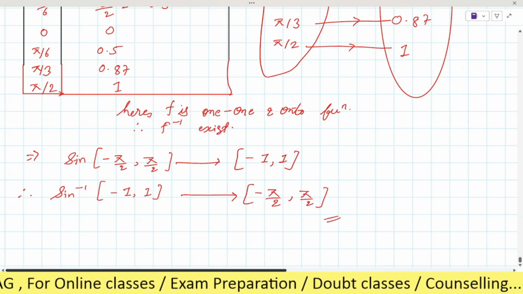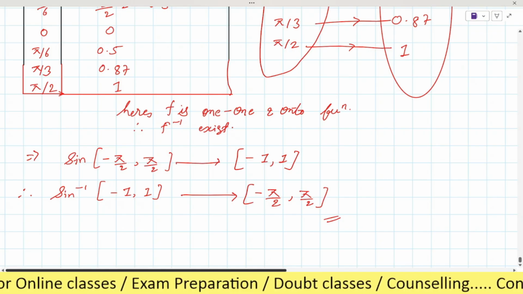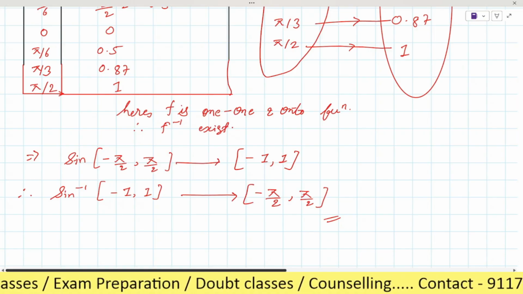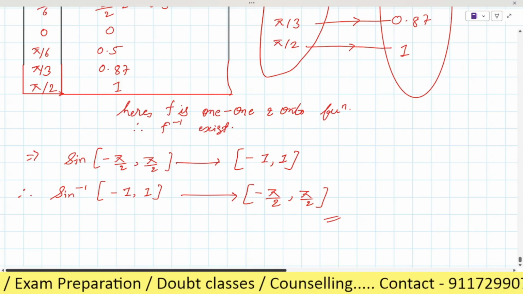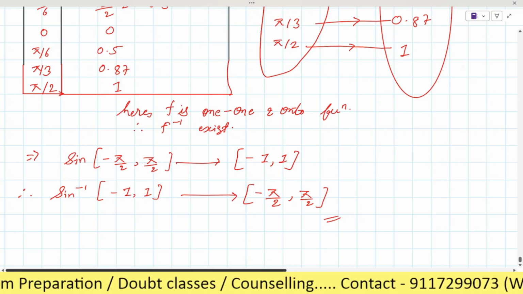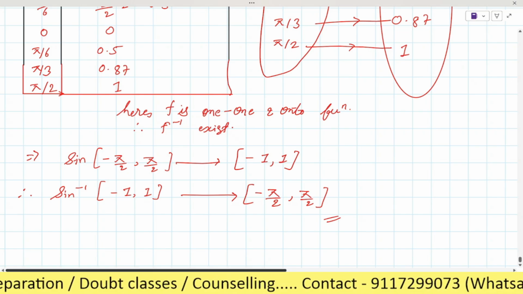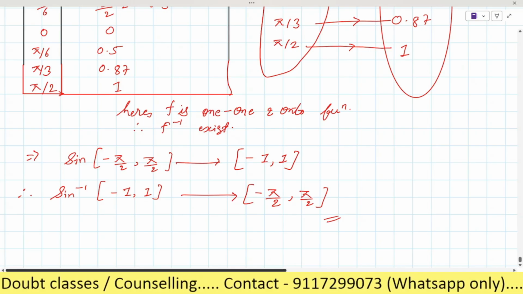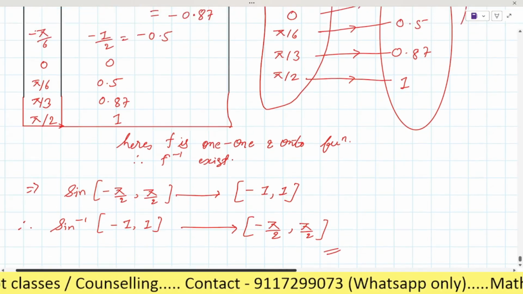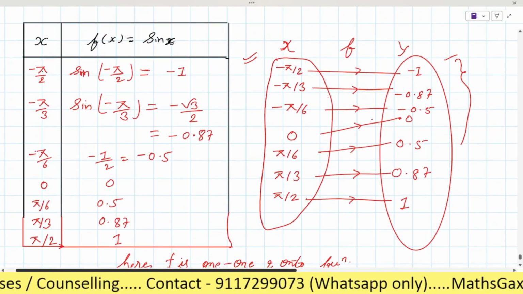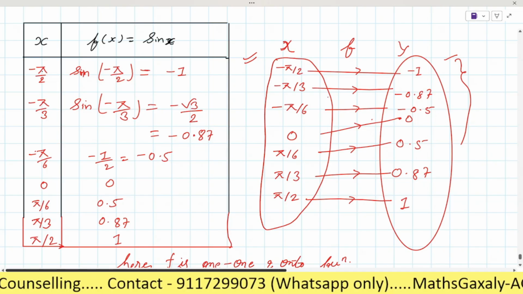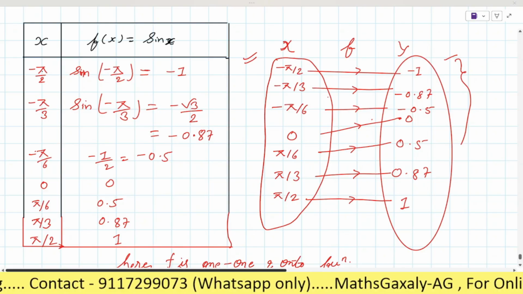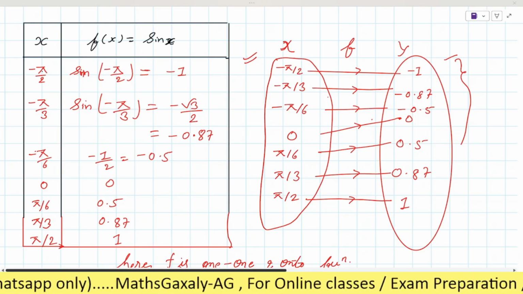So is it clear? Now did you understand the concept of inverse trigonometric function? Yes, sir. Trigonometric functions you have already learnt in 10th and 11th class, right? है ना? So here, on the basis of that concept, we learned the inverse trigonometric function. Is it clear? Yes. First please note it down and then we will do the next part. Is it clear or any doubt? Clear, no doubts. Okay, then please note it down. हाँ, done ना?